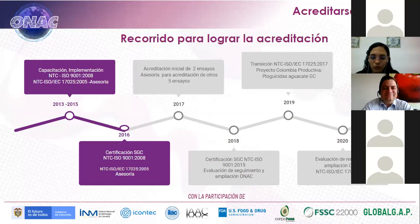In 2018, we did the transition of the standard. There's another important matter that you need to bear in mind when you go through these processes: the versions of the standards change, and you need to renew and adapt to those measures that are being taken. Then in that year, 2018, we got the assessment for expansion of ONAC for the other five tests. And during this